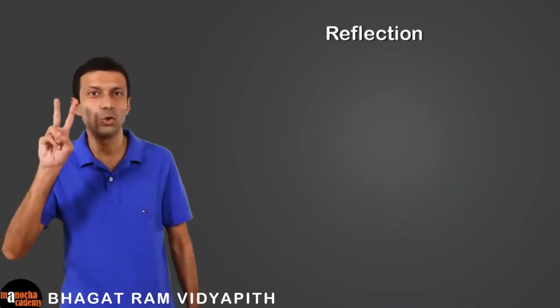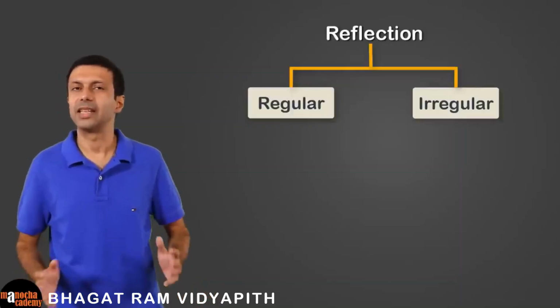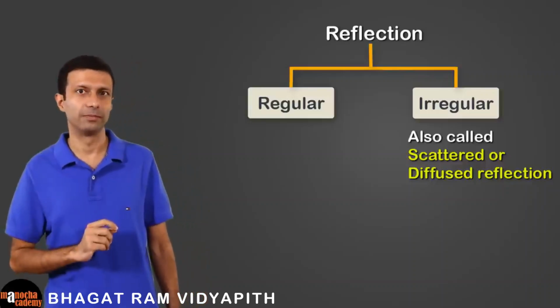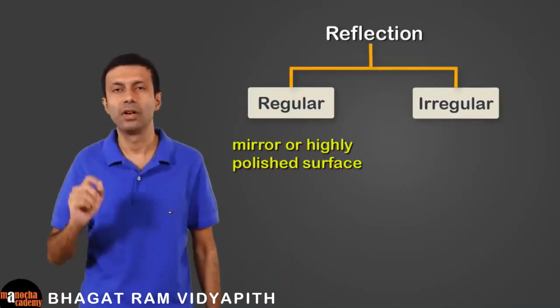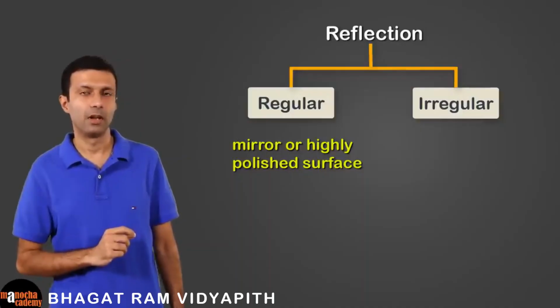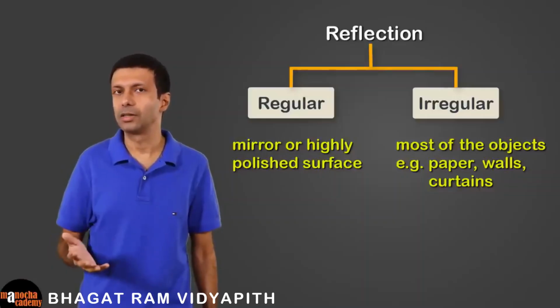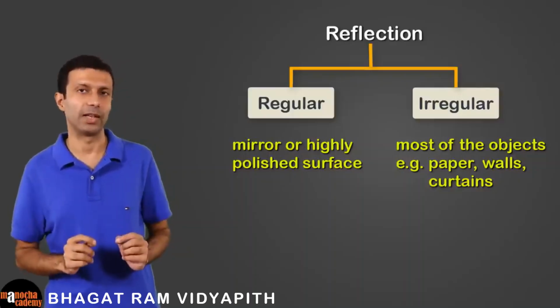But we know that's not the case. So let's go ahead and talk about the types of reflection. There are two types of reflection. One is regular reflection and second is irregular or scattered or diffused reflection. A mirror or a highly polished surface is an example of regular reflection. But most of the objects around us, like paper, walls, curtains, are all examples of irregular reflectors of light because